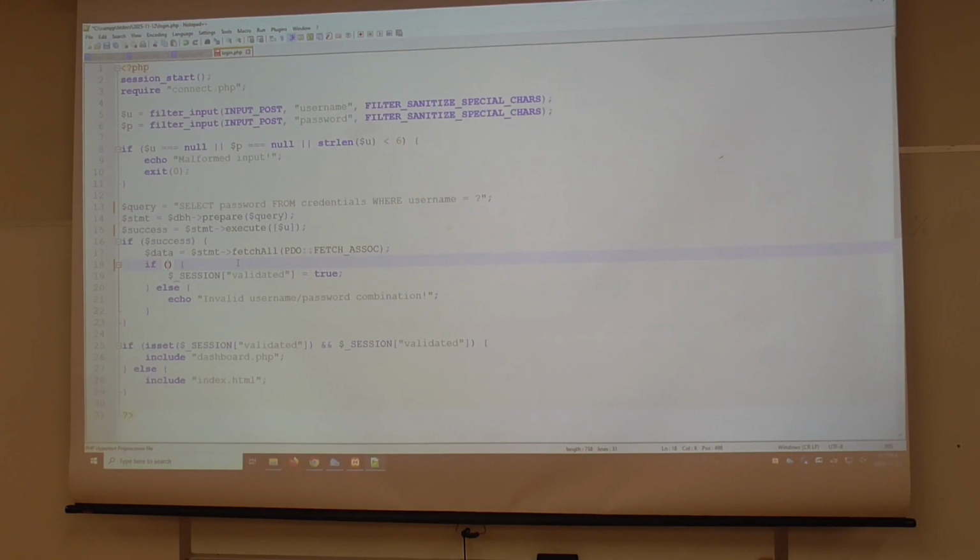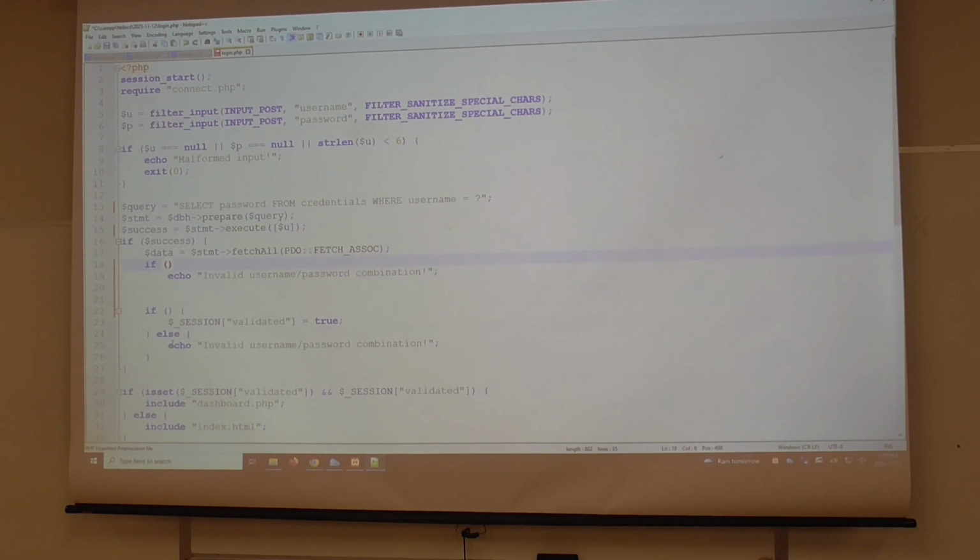So, first, we should check to make sure we didn't get 0 entries out of this. If we got 0 entries out of this, this means that the username didn't match any of those stored in the database. So there's no user with this username. It's correct to say invalid username password combination.